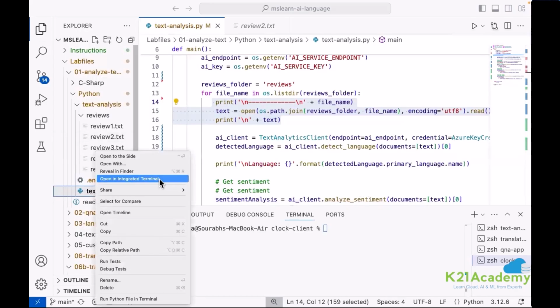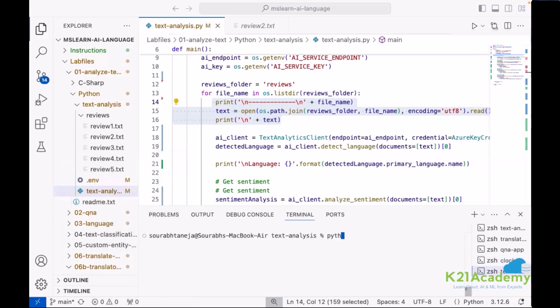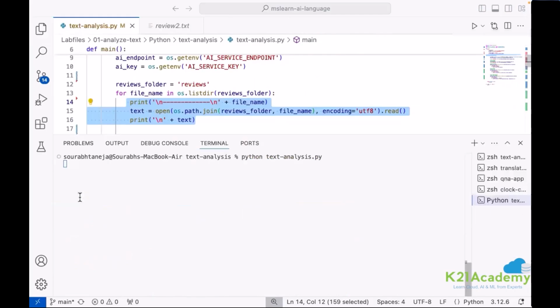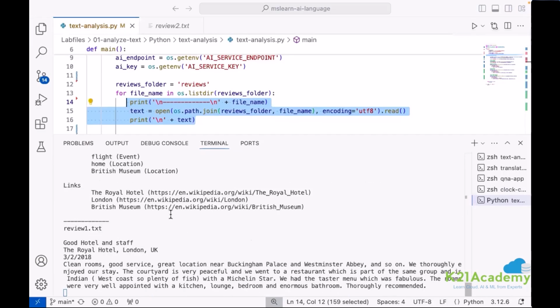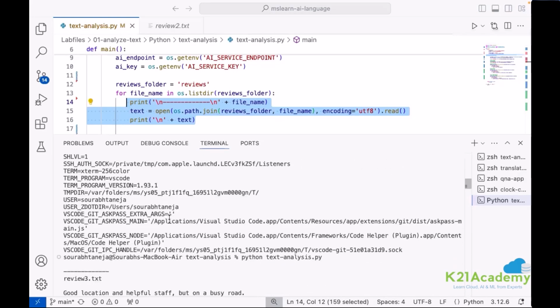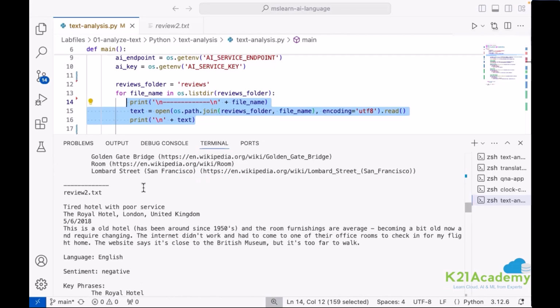This is the file. Going to click on terminal and Python, and my file name is textanalysis.py. When I extract all this information, I expect it should show my review, meaning my text data, right? I got this information here. So you can find